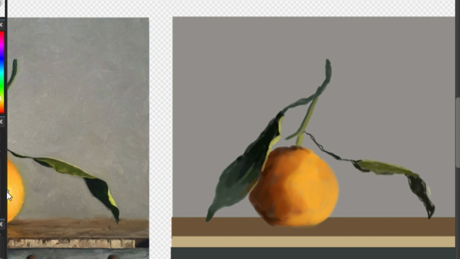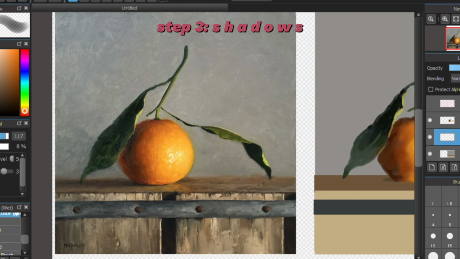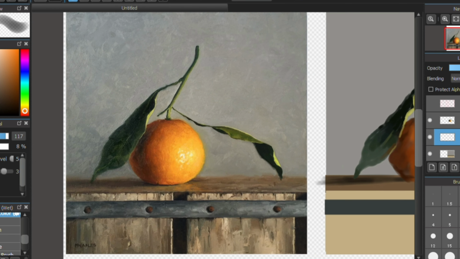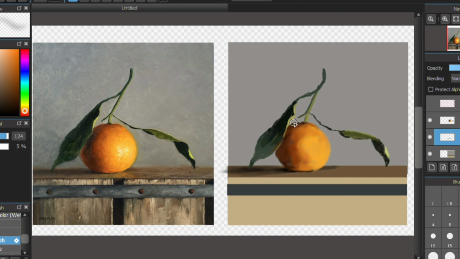I think the leaves have started to look a lot more realistic already, and we are going to leave it like that only. And now we are going to add some shadows, and for that we are going to use the airbrush. Airbrush is the best brush to add shadows, as it's not that opaque and not that full. It has a lot more gaps in it. So we will take the black color and make some wider strokes, and you will see how the whole picture changes when the shadows are added.